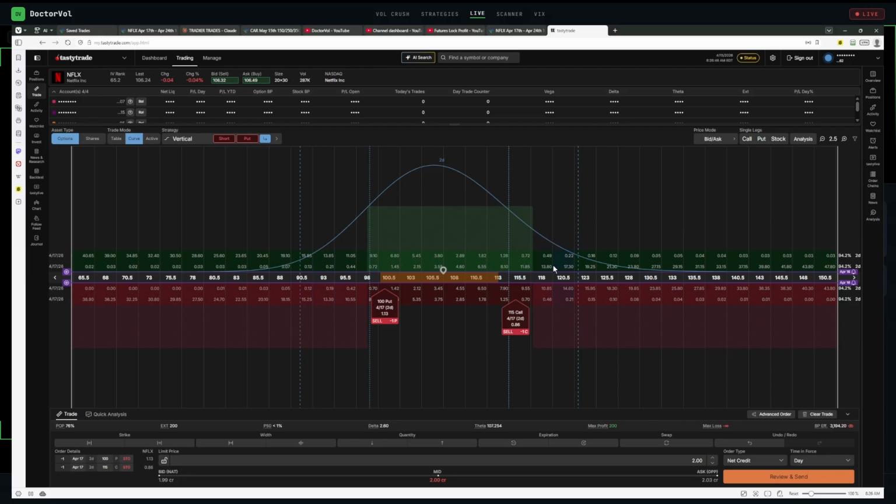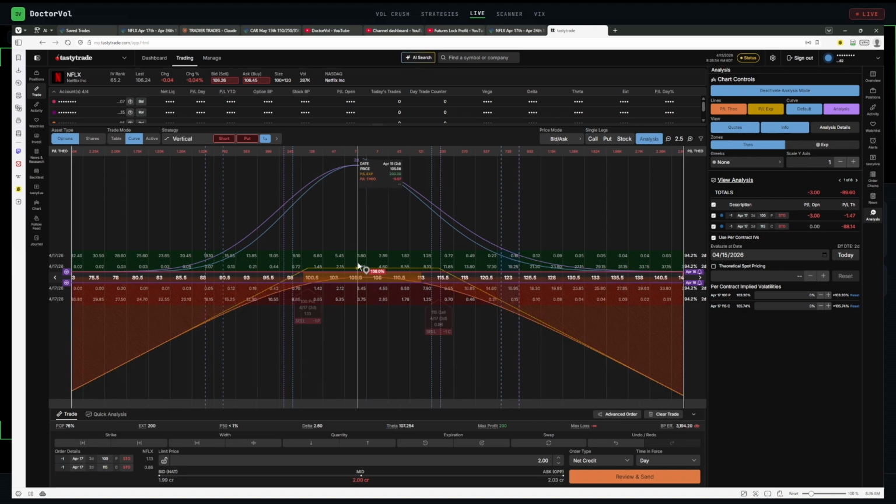Maximum loss is to infinity. All right. So our maximum profit is 200 bucks, and we can keep losing. We don't want to keep losing. All right. Not at all. This probability is great. It's a great probability of profit, but let's say something crazy and haywire happens and Netflix jumps 20%. Well, we're in deep water. We've now lost a lot. So we want to do something to strategize this